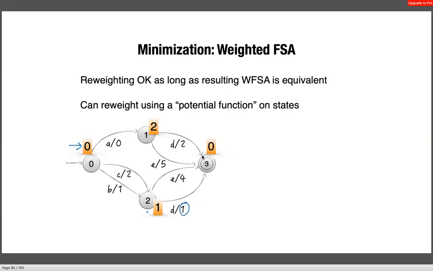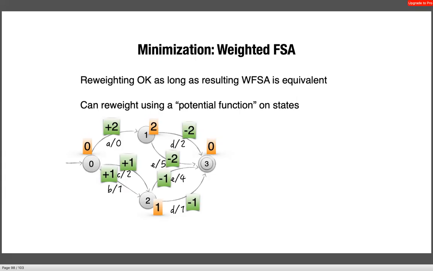Now, once you have this potential function on the states, you can assign new weights to each transition, which would just be the potential function of the destination state minus the potential function of the start state, for each transition. So here it'll be +2 for this arc. Here it'll be -2, because it's 0 minus 2. Similarly, here are the new weights that are associated with each transition,